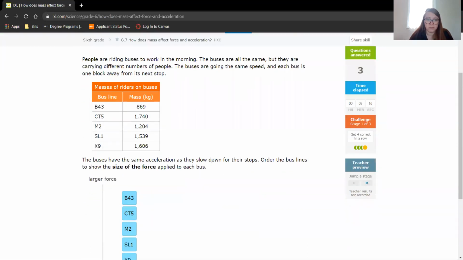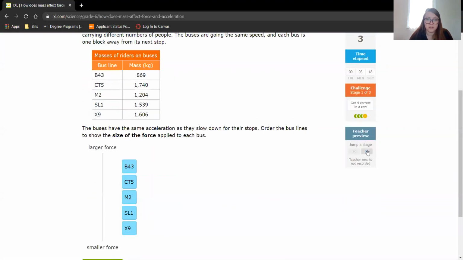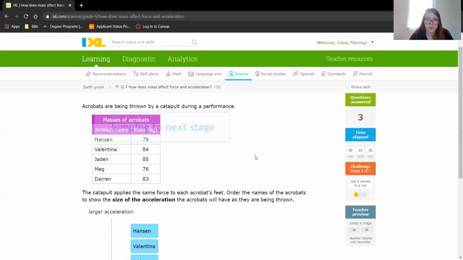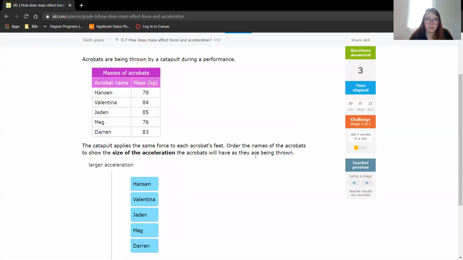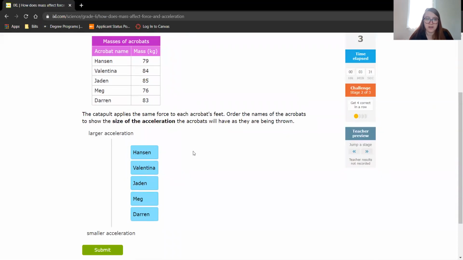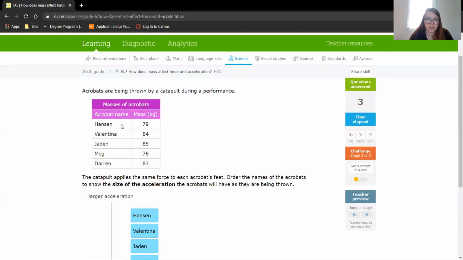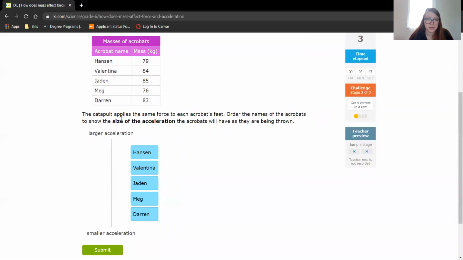And we're gonna jump to the next stage. So now it wants to know the size of acceleration the acrobats will have as they are being thrown. So this is kind of like the same thing, but now we're doing acceleration. The catapult applies the same force to each acrobat's feet. Order the names of the acrobats to show the size of acceleration the acrobats will have as they are being